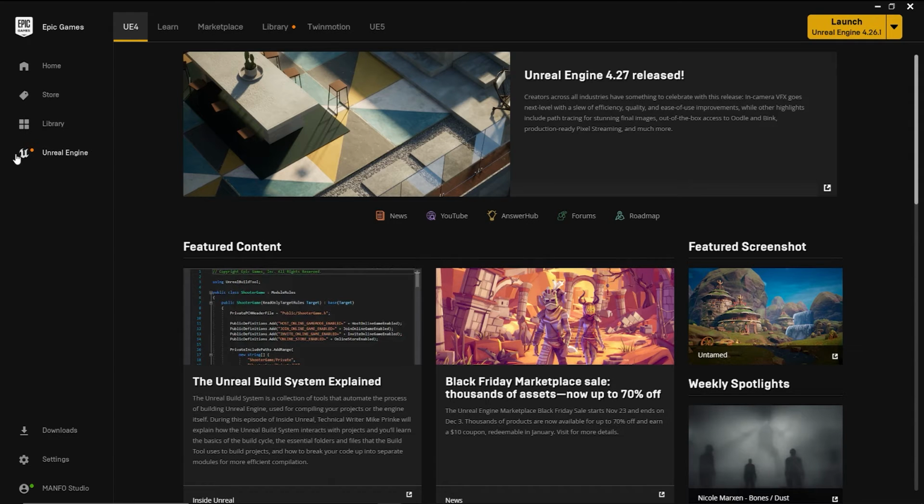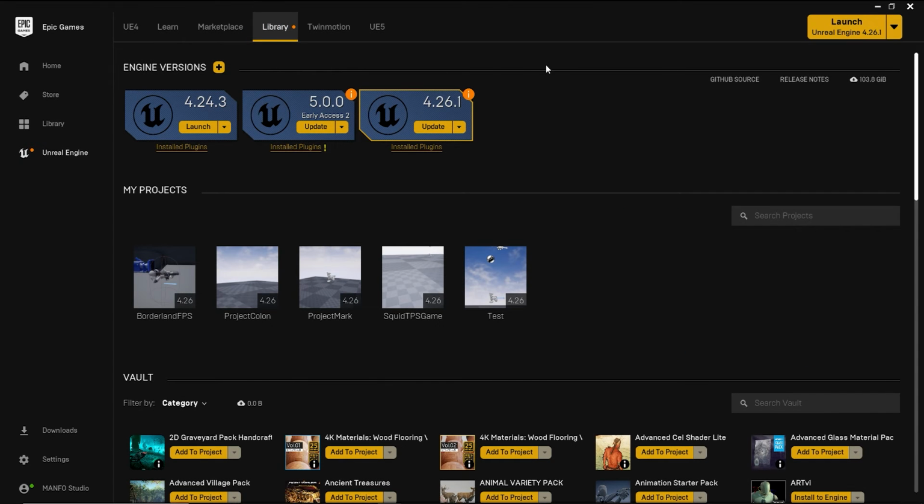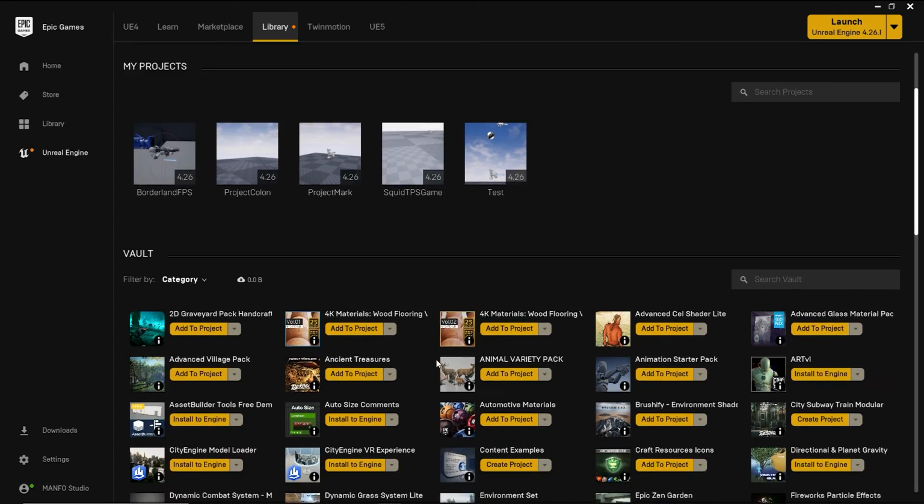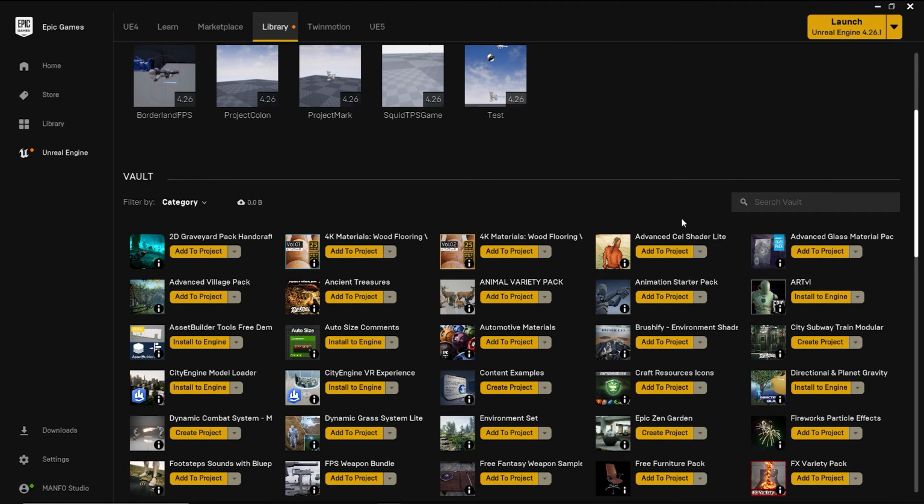4 tabs. Just go to Unreal Engine and from here just go to library, and here you will see all the stuff relevant to your Unreal Engine. It contains all the versions which you have installed on your drive and all the projects on which you are working and other. As you may know, Epic gives free assets every month, you can